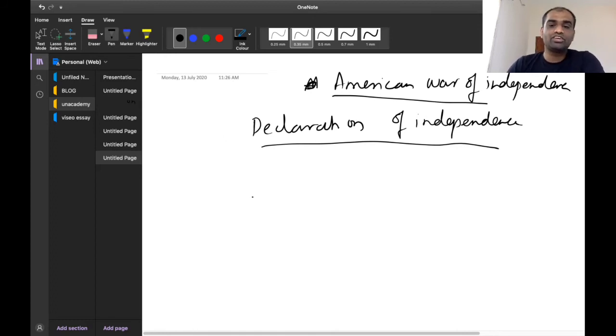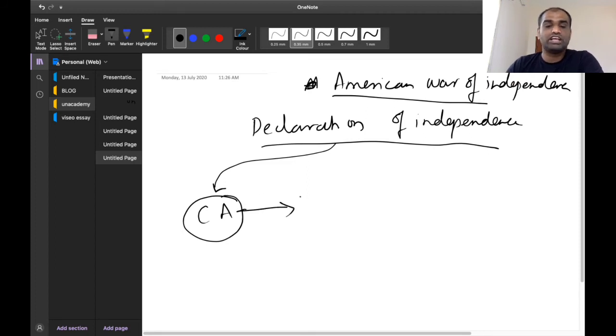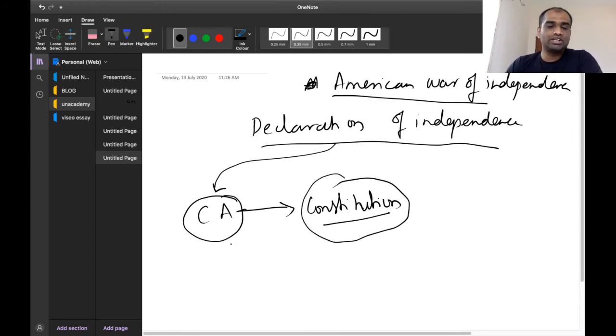Now, this Declaration of Independence mandated that these 13 colonies should establish a body called the Constituent Assembly for framing a social contract called the Constitution. Clear? Now, while framing this Constitution, this Constituent Assembly